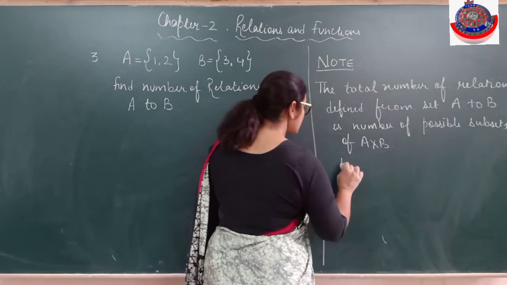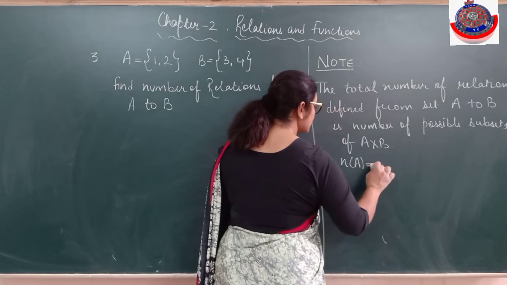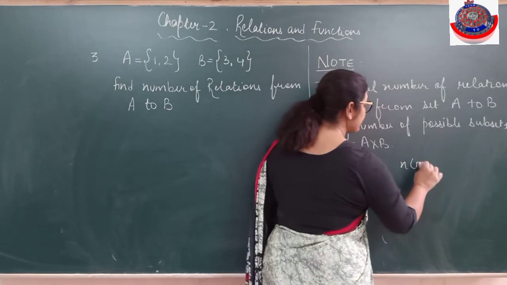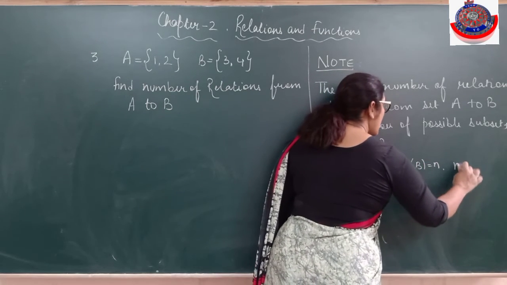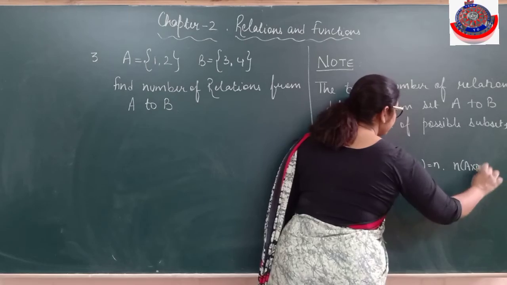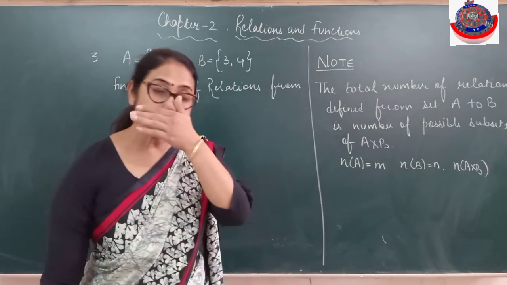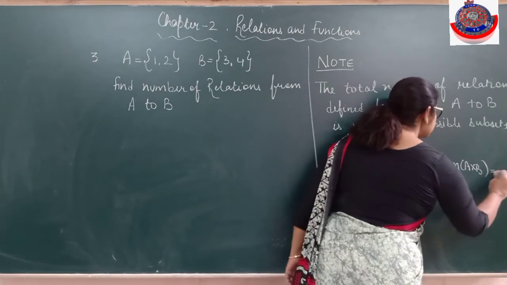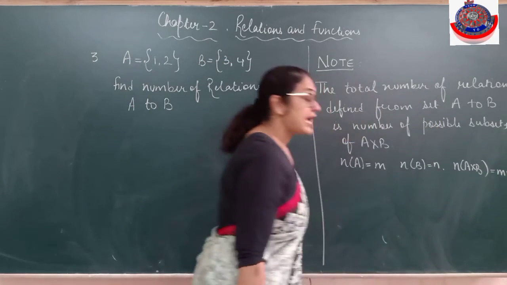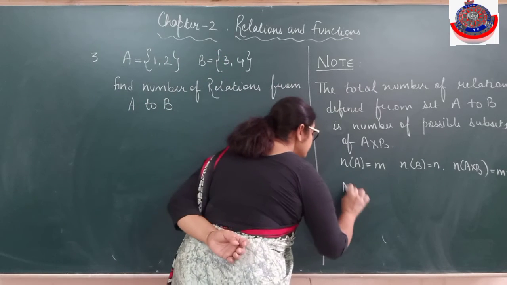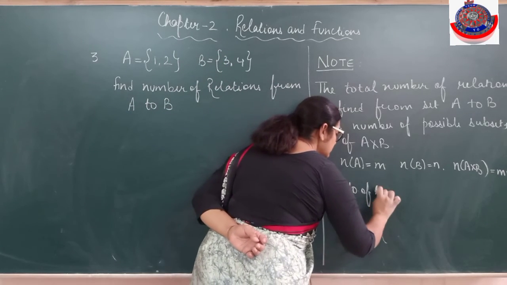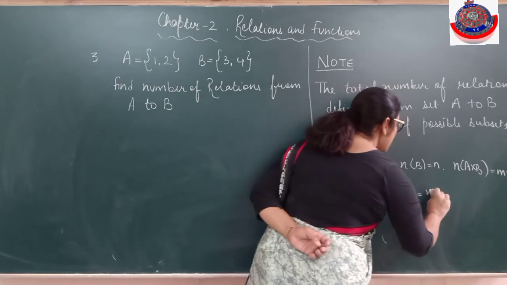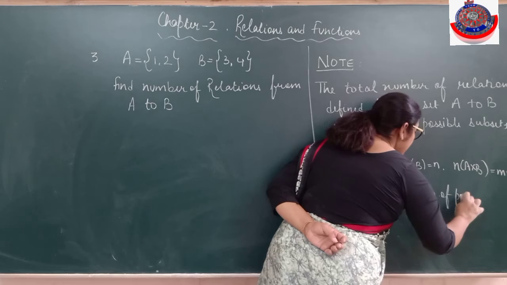Let the number of elements of A be m, and the number of elements of B be n. How many elements will be there in A cross B? We know that the number of elements of A cross B is the number of elements of A into the number of elements of B, that means mn. And I said the number of relations from A to B is the number of possible subsets